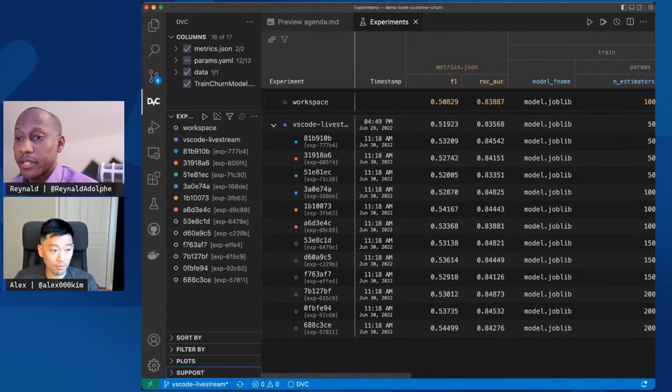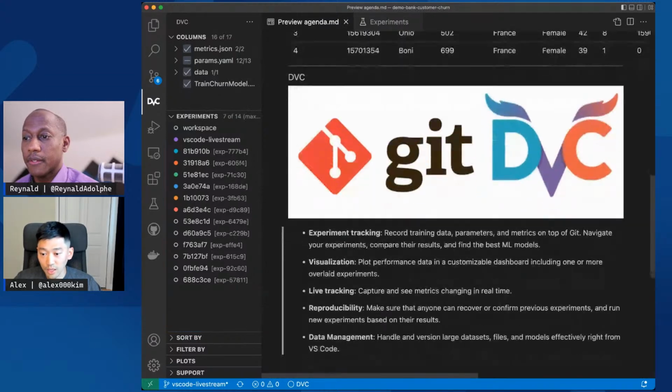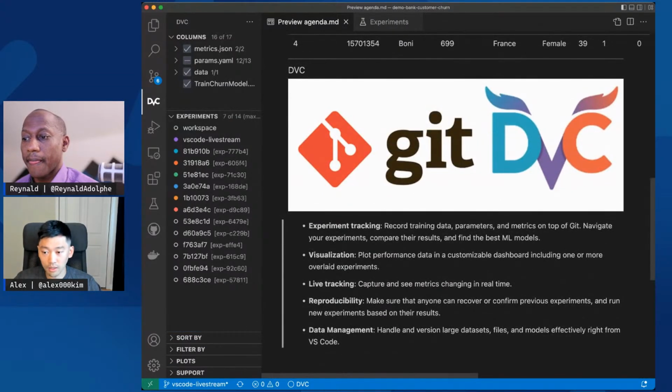When you say expensive, are you talking about performance? Mental context switching, of course, that's one thing. The other thing is, if anyone in the audience has tried other experiment tracking tools that exist for machine learning practitioners, typically it requires you to do two things at least.